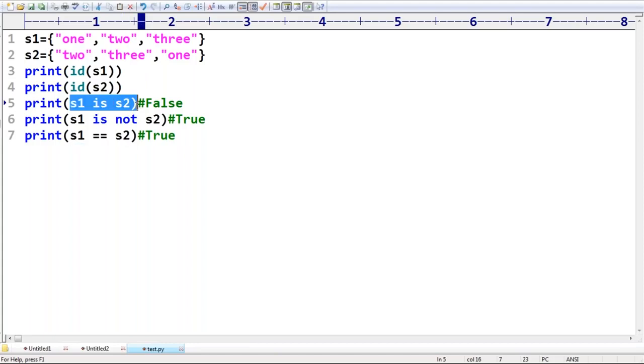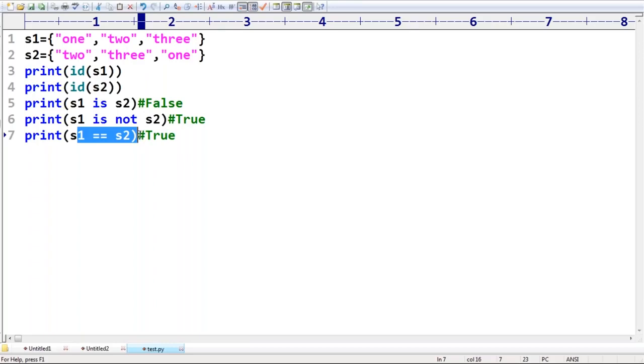Sir, is it always going to return false because both are not reusing the same object? This one and this one are different objects. The is operator always returns false. The is not operator always returns true. I know that. What about the double equal operator? Does it return true or false? Because as for mathematics,